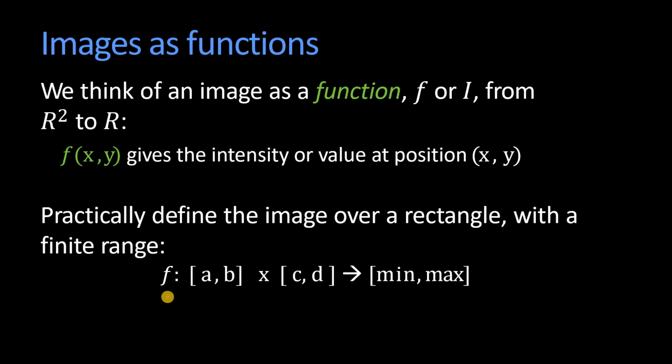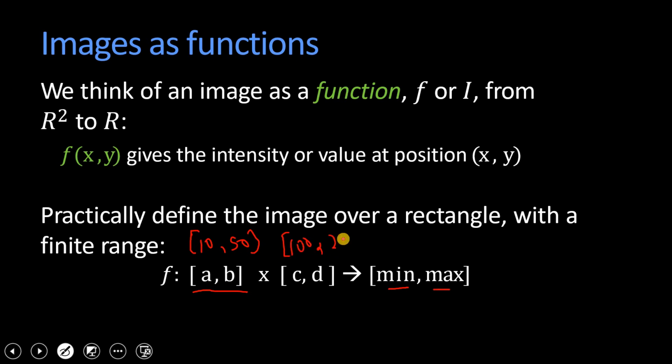So in that case, we provide the minimum and maximum range of the image and the minimum and maximum range of the values. So for example, I explained that the image I consider is between 10 and 50, and 1050 is the starting point and the end point is maybe 100 and 200. Okay,